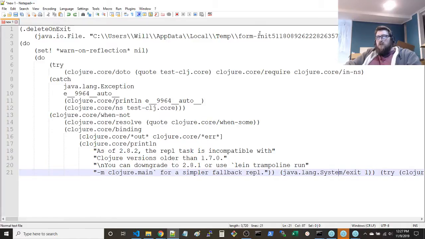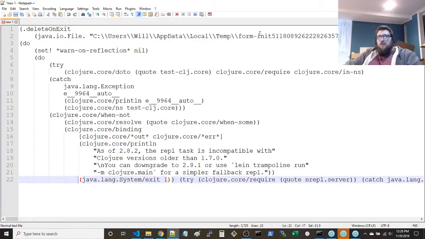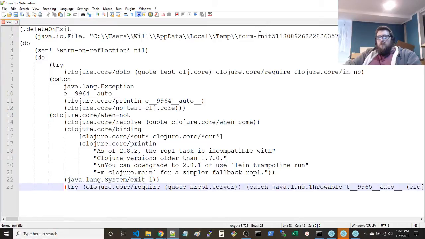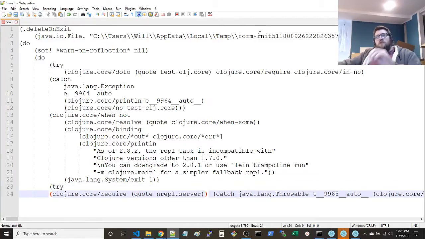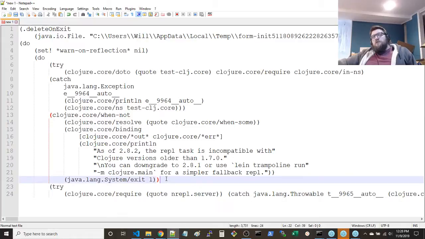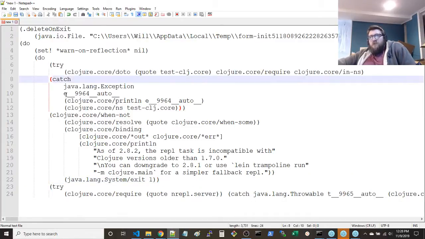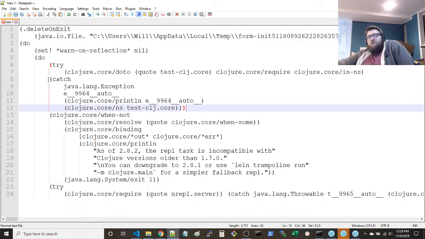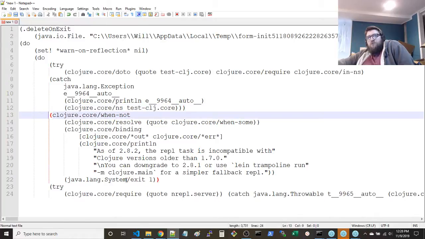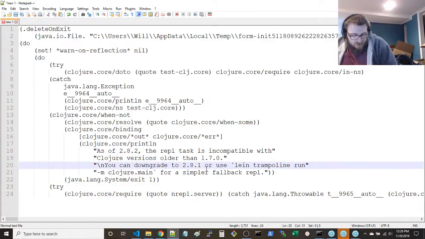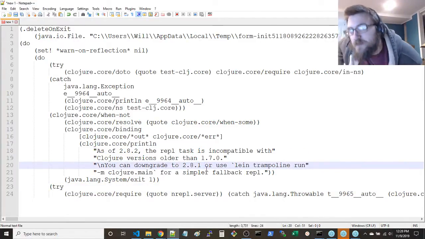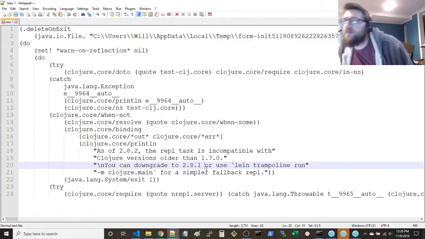Okay, when not. Got it. There's another try here. Okay, so getting some sense of what this code does, I guess.